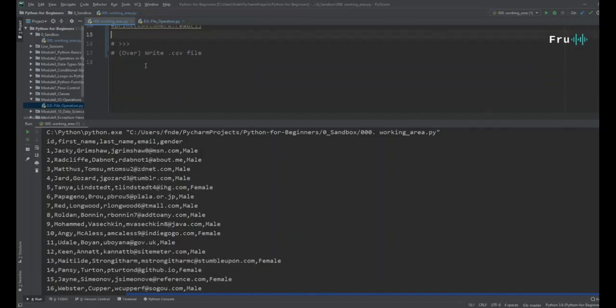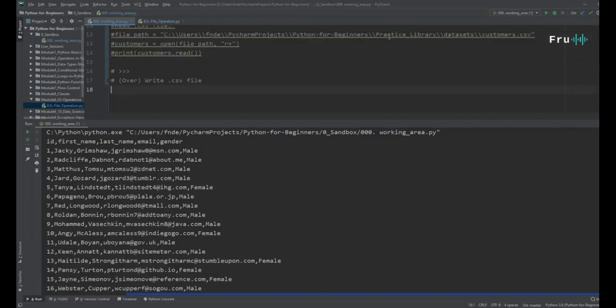Instead of just reading from a file, we actually want to write to that file. So I'm gonna copy the path that we have. I think we're gonna use that. All right, so the next thing that we want to do, since we have a path to that file, is